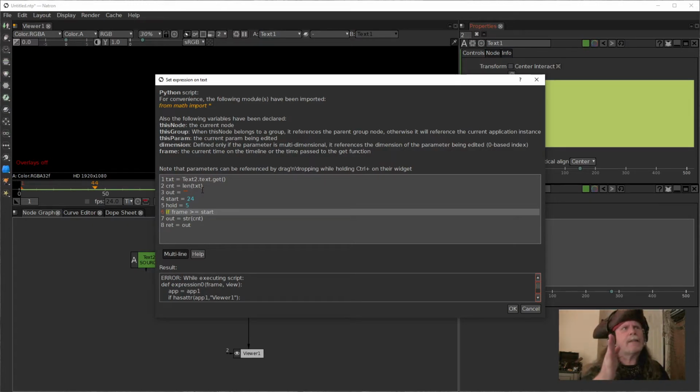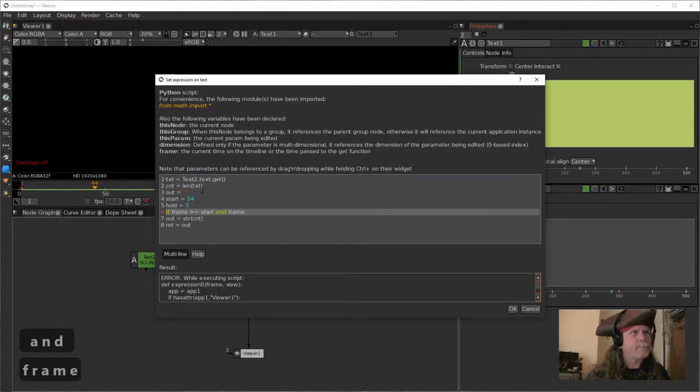That means when it gets to the start, past the start, or to our start frame, which is 24, it's going to do something. But we also want to make it so that when it's done doing that thing, it will do something else. Technically there's a cheat we could do, we could put another if statement after this, but in all honesty, in good programming, you'd never want to use two ifs for the same type of evaluation. So we're going to do this the right way. I prefer to do things the right way. So we're going to say and,